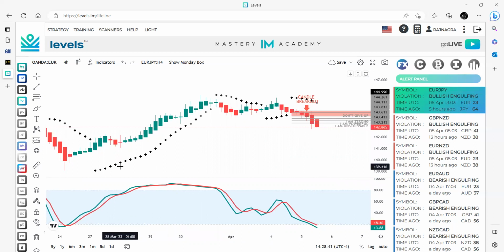Then we've got the parabolic. Now the parabolic shows us the direction in which the trade is moving. So anytime the parabolic is at the bottom, it shows an uptrend, in other words, buy. Anytime the parabolic is at the top, this shows a sell trade. Okay, so you can see the candles are following along,